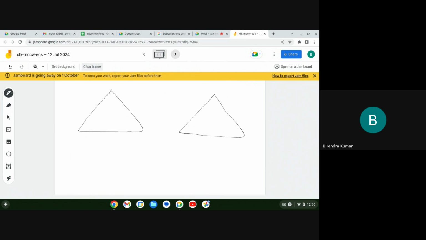So there are two triangles, ABC and DEF. This is, I'm saying, 90 degrees. This one I'm saying 3, 12. I'm saying this is 90 degrees. And I'm saying this one is